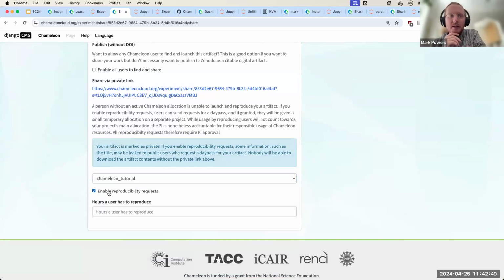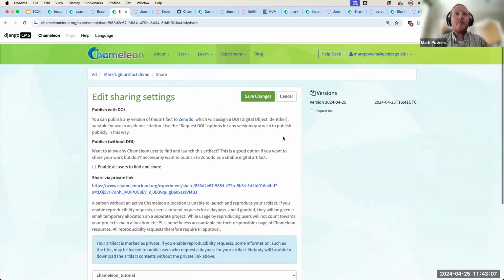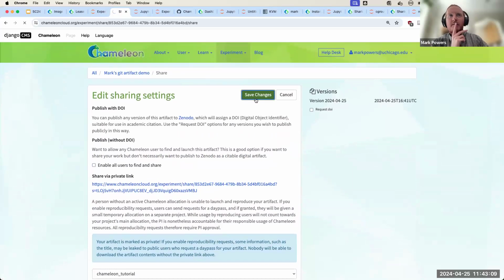And then this reproducibility requests setting lets you toggle it if you're getting too many requests or this artifact can no longer be supported. You can also set how many hours somebody has to reproduce that artifact. So this is a demo, I'll just say 1. And if I click save,